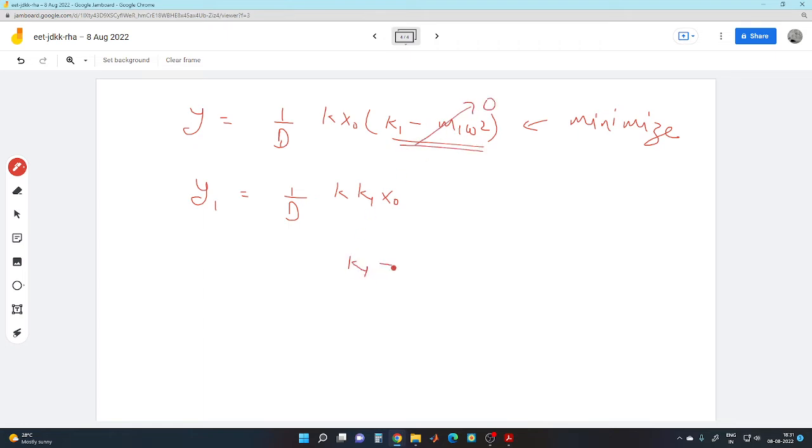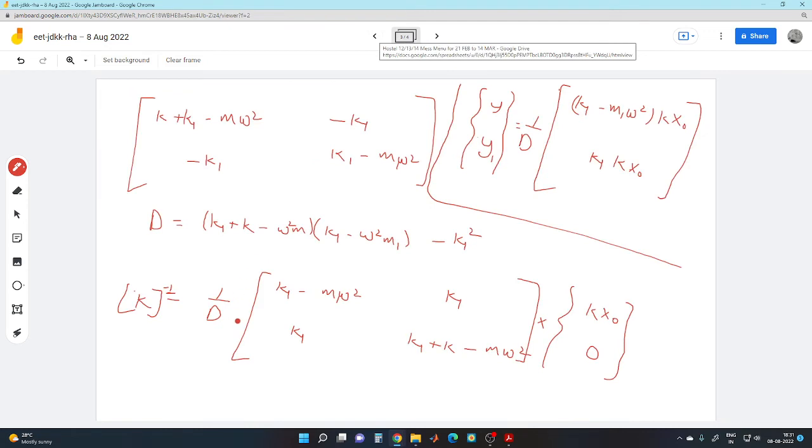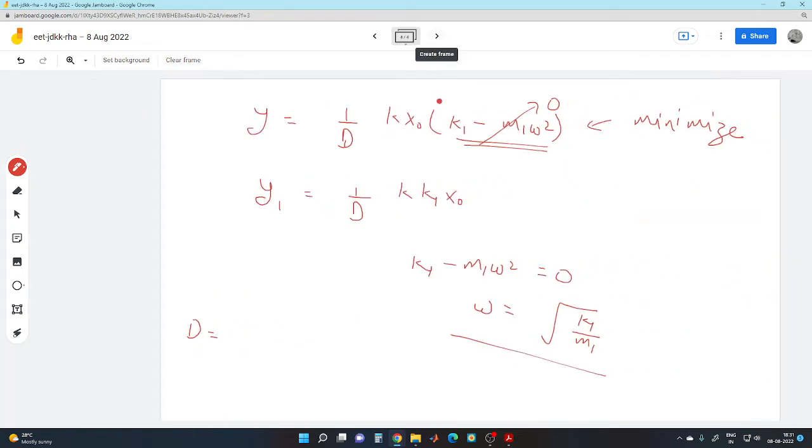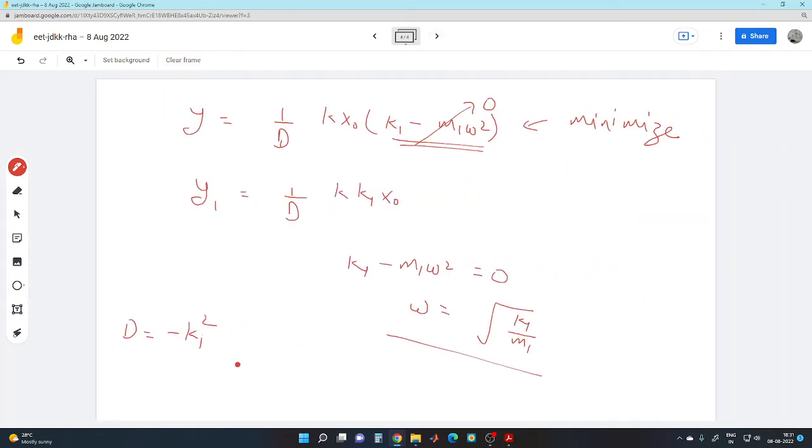This thing will be 0 when k1 minus m1 omega square is equal to 0, or omega is equal to square root of k1 by m1. And if omega is equal to square root of k1 by m1, then what is D equal to? This term goes to 0, so D is only left as minus k1 square. If D is minus k1 square, then Y1 is basically minus k x naught by k1, and Y is approaching 0. So what it physically means is,